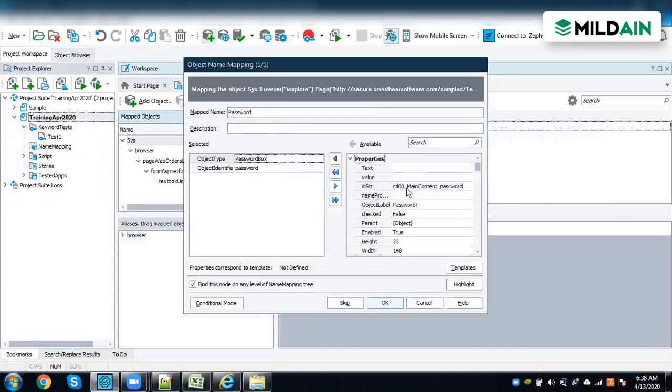It is showing only this one, and you can add whatever properties you want depending on the requirement. One thing is that the property you add should be unique and should not be dynamic, because if it is a dynamic property that changes every time, say for example on an Angular application where the ID properties change frequently, then your execution will fail because the property is not unique.